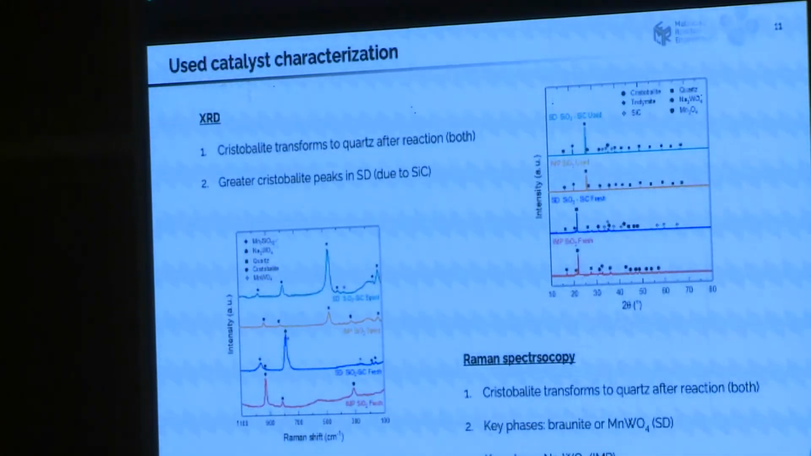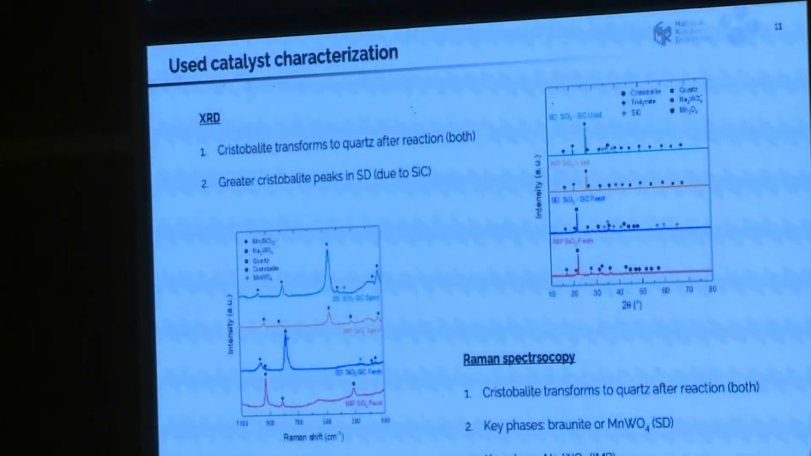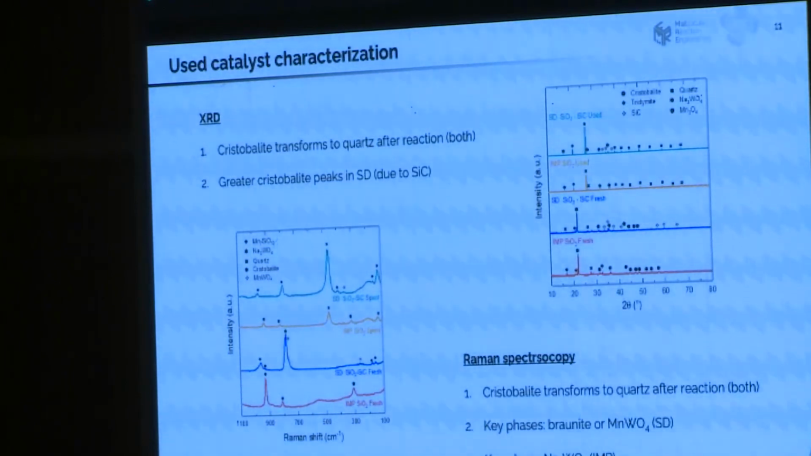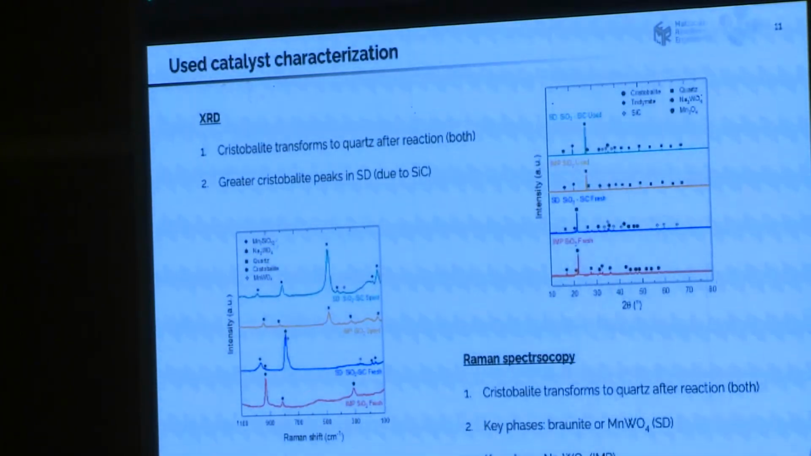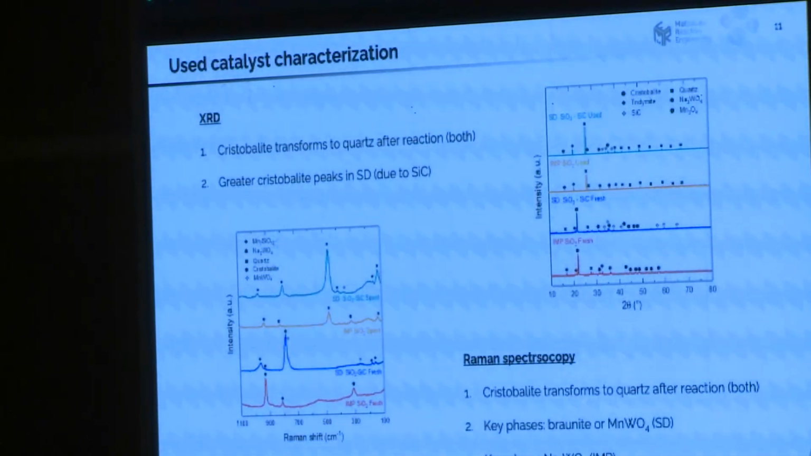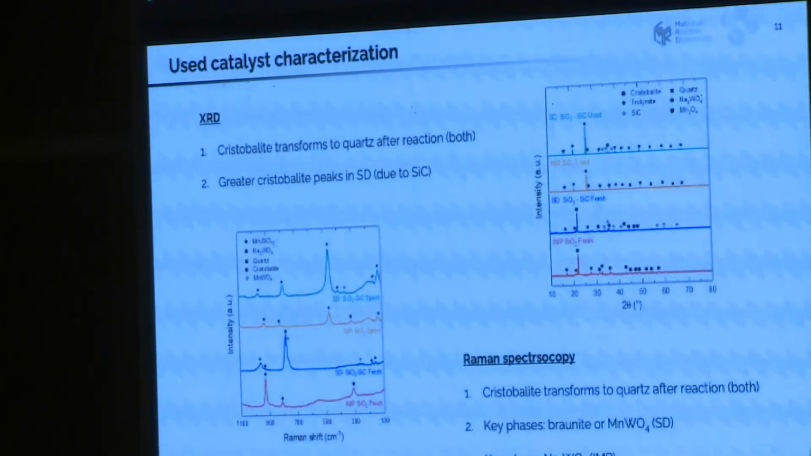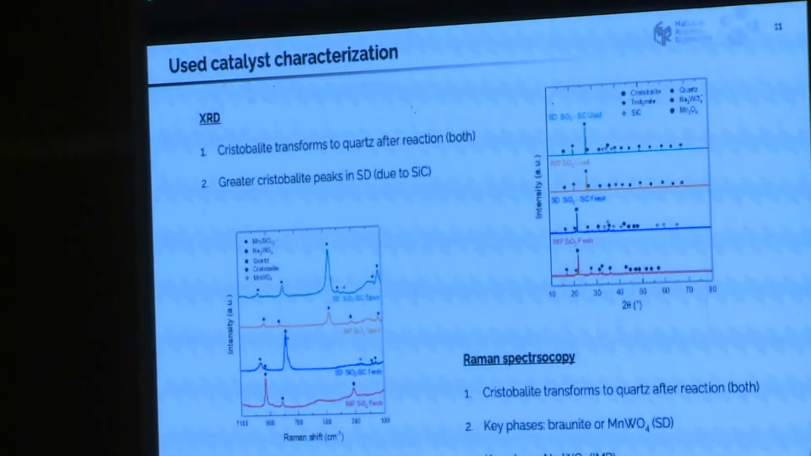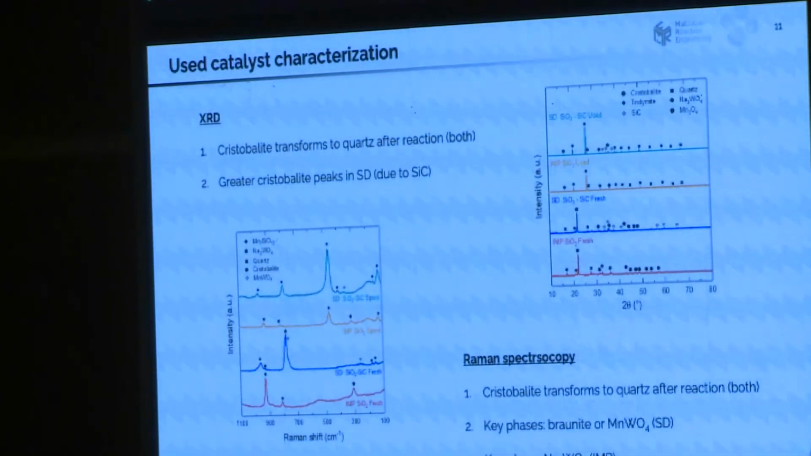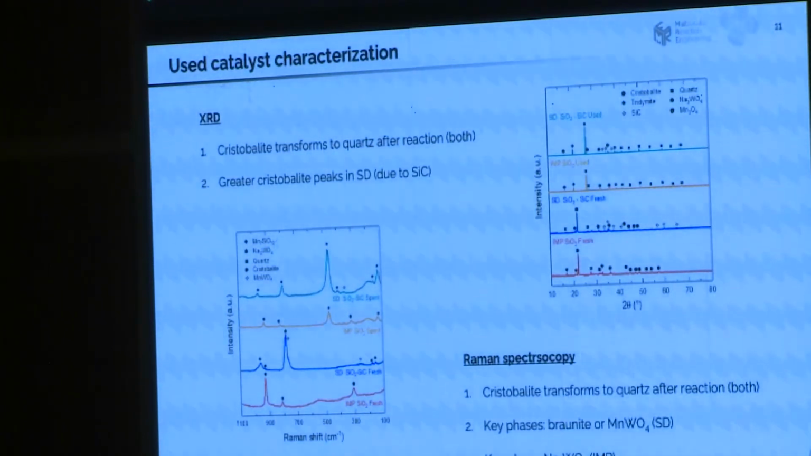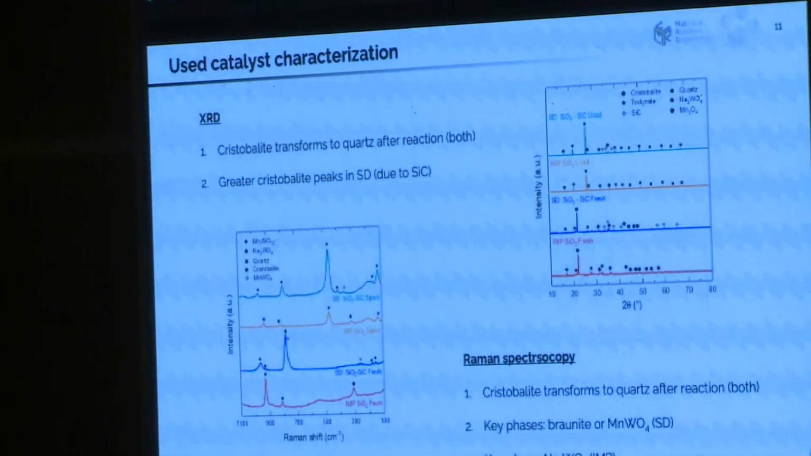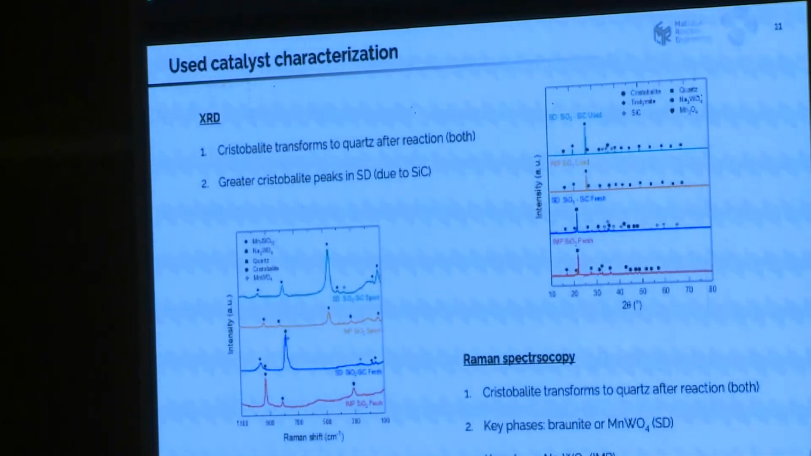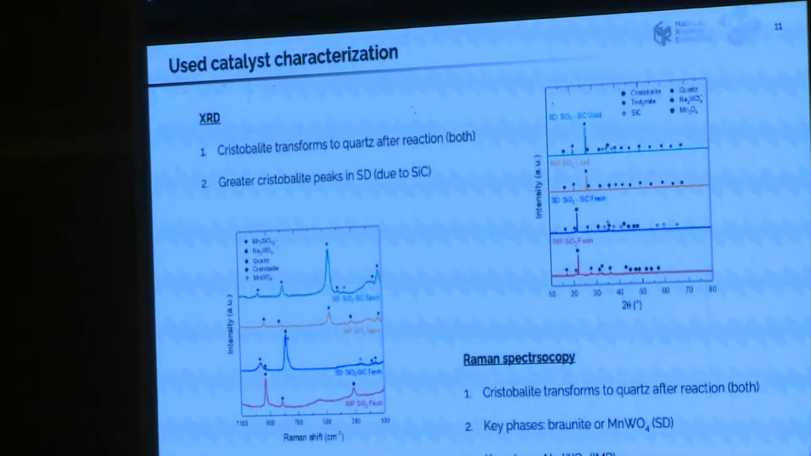And we could observe that in the used samples, in both catalysts, cristobalite was transformed to quartz. But the most remarkable finding of this study was found in the Raman spectroscopy, where a clear distinction between the active phases of both catalysts could be observed. For the spray drying catalyst, manganese tungstate and braunite were detected, compared to the impregnated catalyst, where the very well-known sodium tungstate was identified. Therefore,